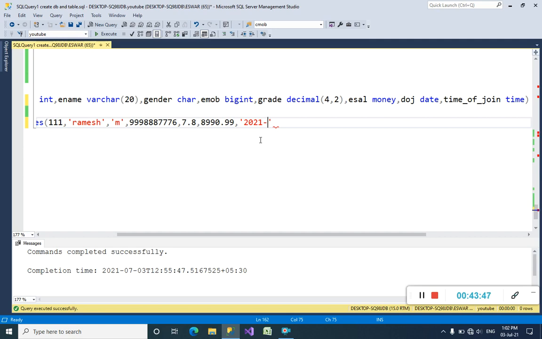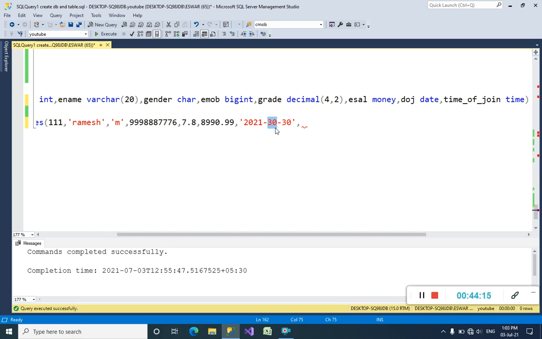We have to write the first 4 digits as the year, the next 2 digits as the month, and the last 2 digits as the date. Then only we can insert. Otherwise we cannot insert. If you write 30 here, we cannot insert because SQL Server treats it as a month.